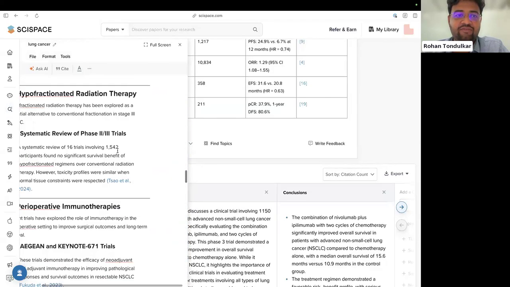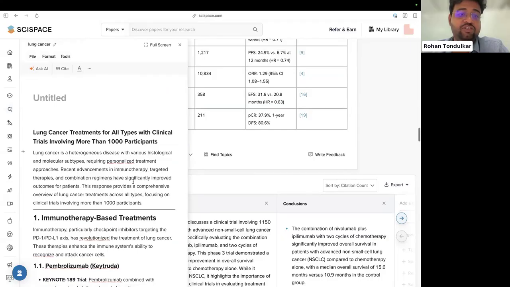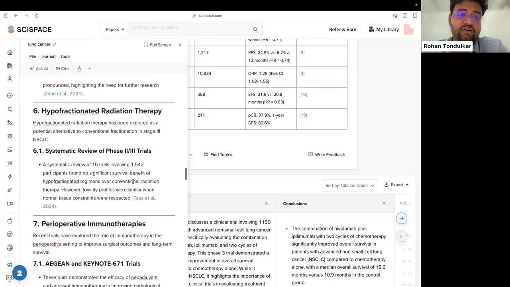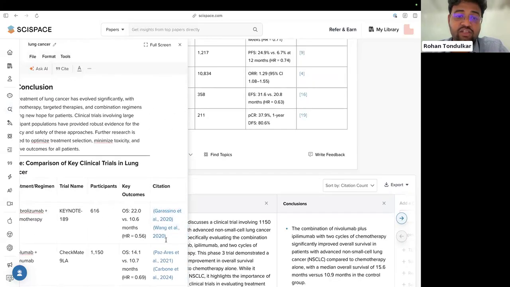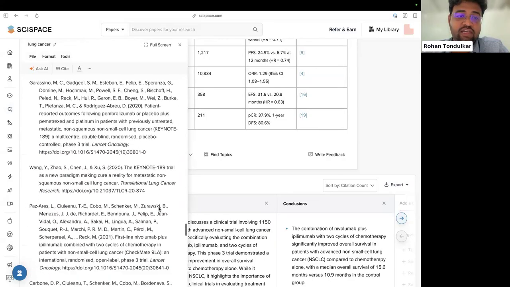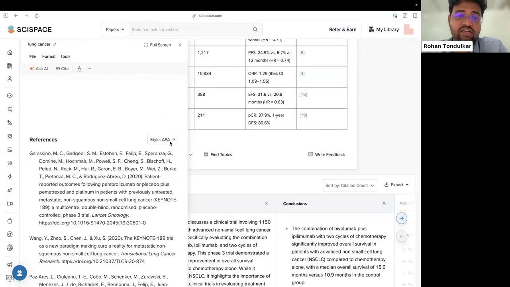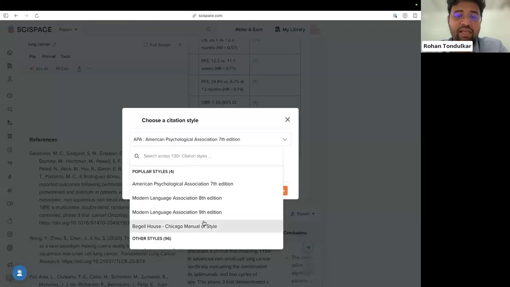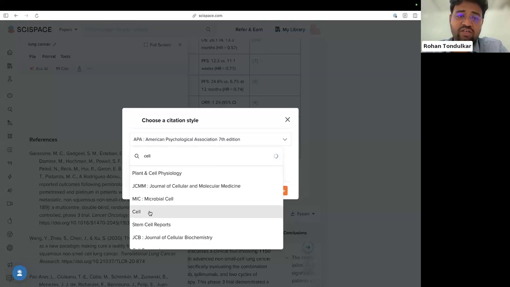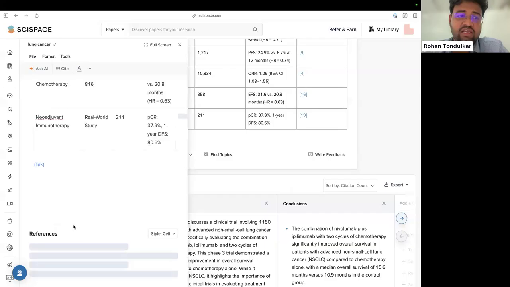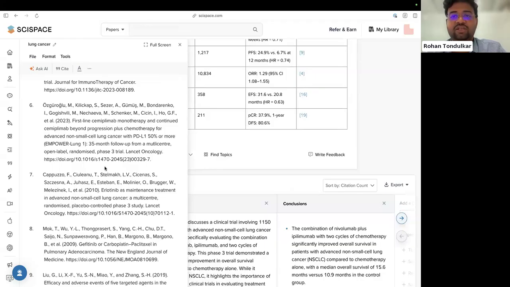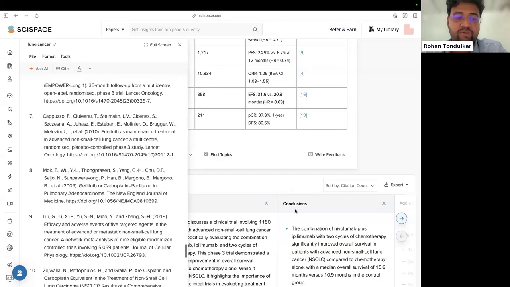Right now, if you see, you have the entire report here, which is a very good start for the report you are working on. And you get the citations also in the format that you like. And at the bottom, you have all the references involved, and you can select the style. It could be APA, it could be MLA, whichever, or I think Cell Journal has their own style. So if you just select Cell, it's updating the references to the Cell Journal style. So this is like the next steps, what you do after this.